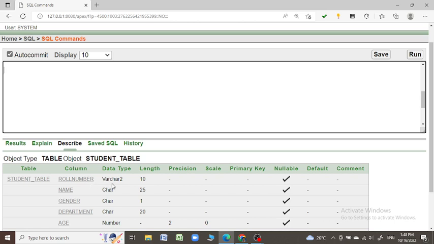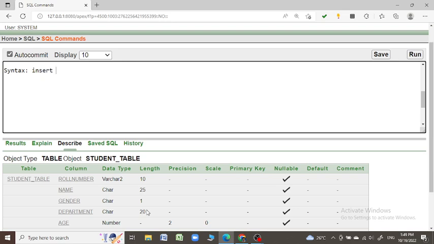Some data types are mentioned against each column individually, and the third one represents the size of the column, which represents the length of our input. All these things we discussed in our previous class. In today's class we are going to continue: our table is created, and now we are in the process of inserting some records into the table. For that, the syntax we have to use is